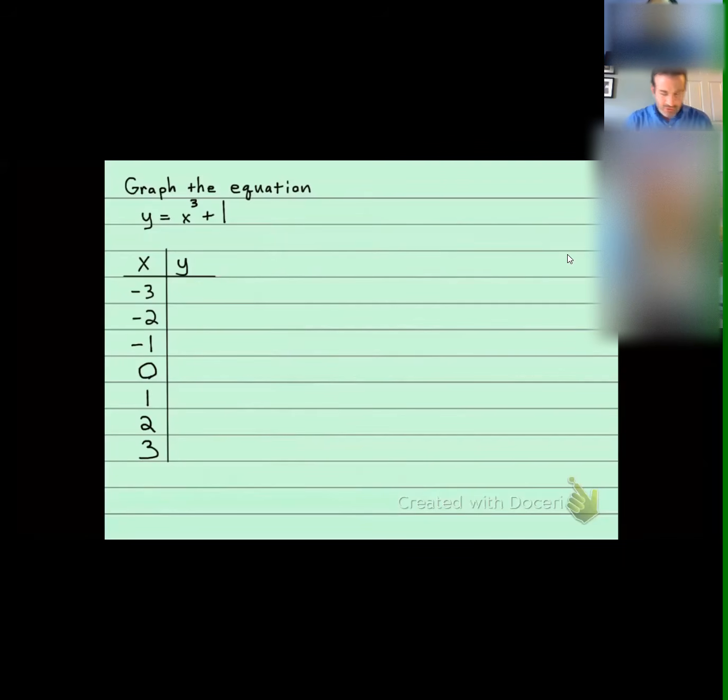Let's go ahead. I'm going to work the first three. If you want to go ahead and work ahead of me and find all the answers, that would be good also. So this first one, y equals x to the third plus 1. My x is -3. I'm going to plug that in here. I use my calculator, -3 to the power of 3,